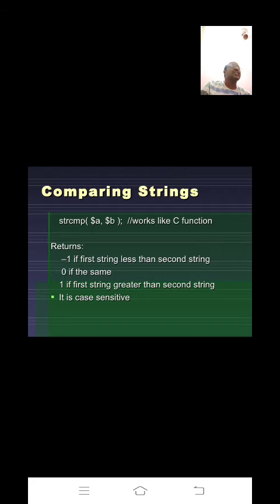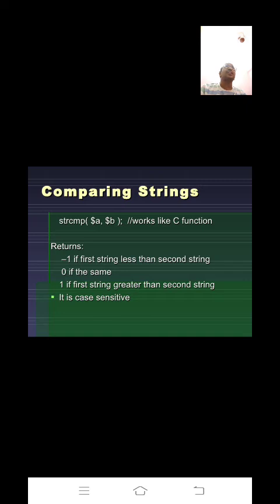If both are the same strings, suppose $a is hello and $b is also hello, then you will get 0. If $a is hello and $b is hi, the first string is greater than the second one, no? You will get 1. If you have the reverse, then you will get -1.